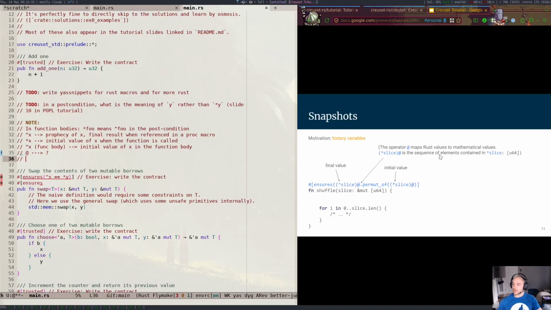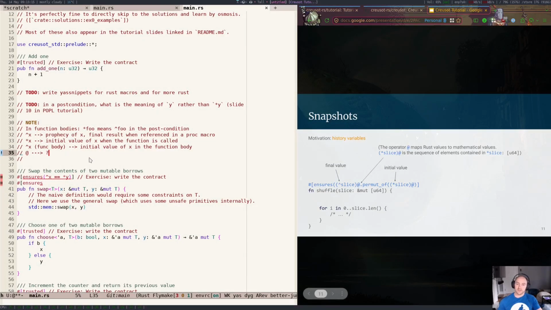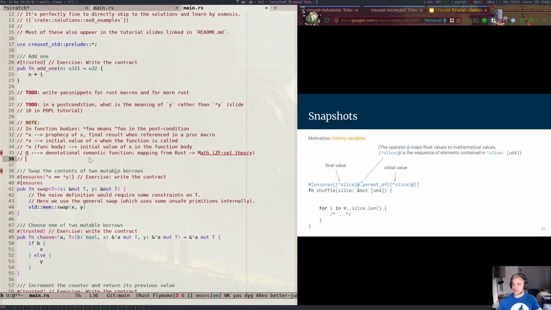The @ maps Rust values to mathematical values. So star slice @ is the sequence of elements contained in star slice. Then caret slice @ is the sequence of elements in the final version of slice. So this @ symbol is really the denotational semantic function. This is a mapping from Rust to math, very set theory, because that's how denotational semantics works. Okay,